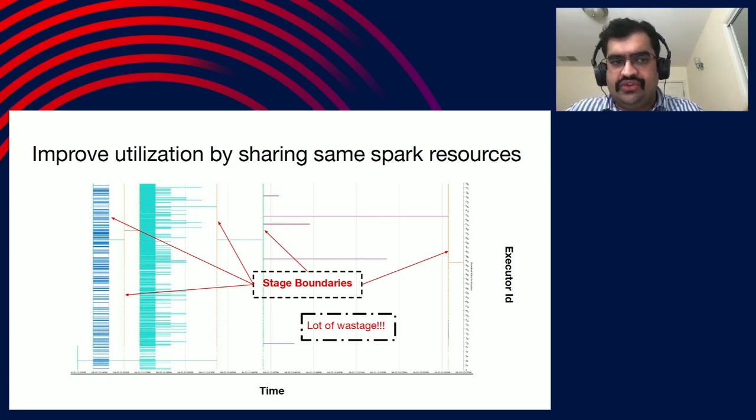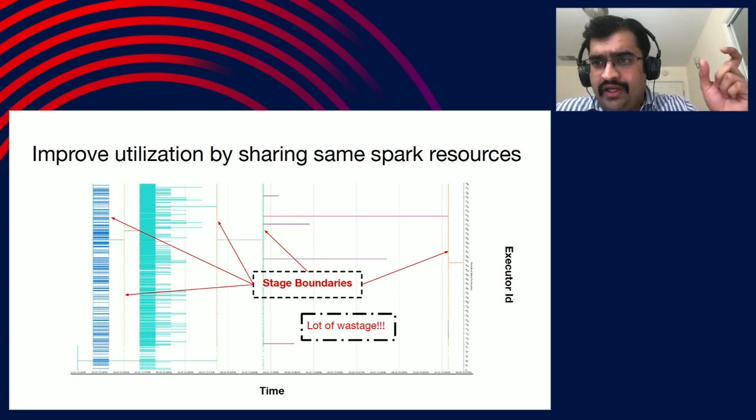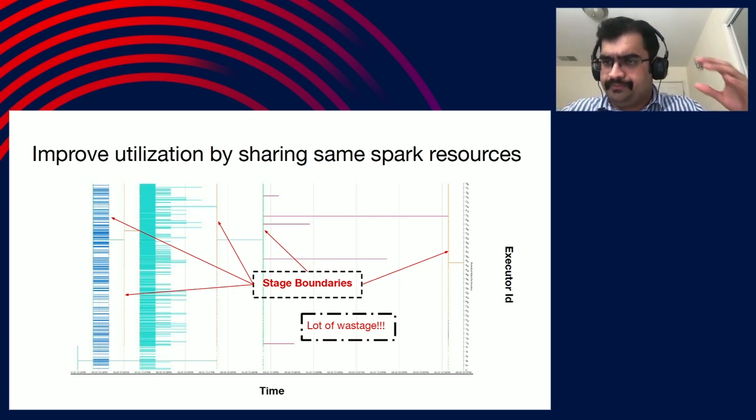So if you now see the efficiency of this job, it is going to be very, very low. And that's a very big problem, because finally, when you're running an ingestion system, all you look at is the dollar value you're going to spend when you're moving 1 GB or 1 TB of data from source system to sink system. Now, that dollar value is going to be very high for a system like this, because you're wasting a lot of resources and there is room for improvement.